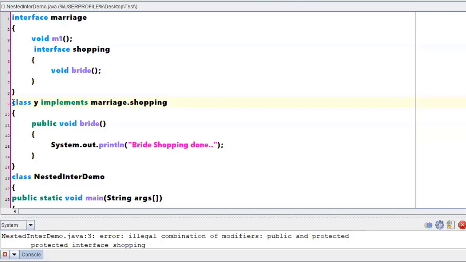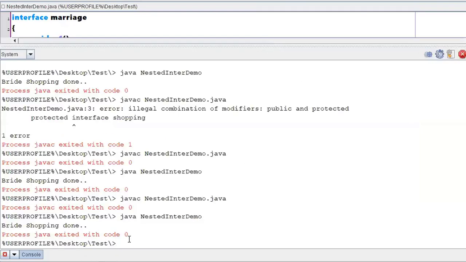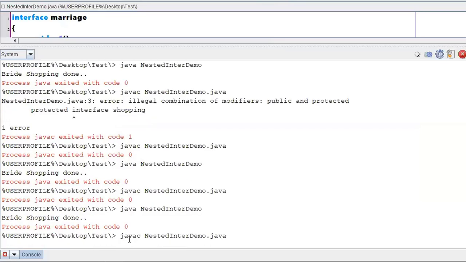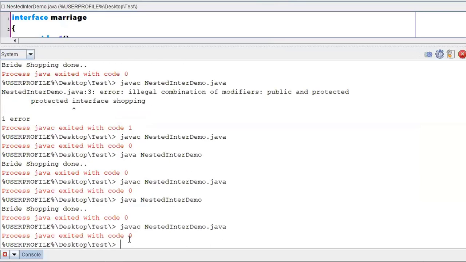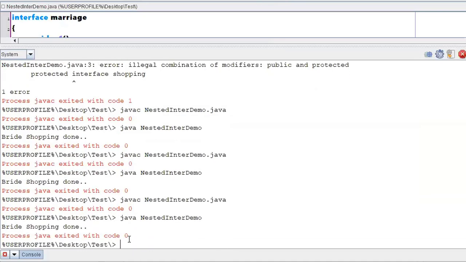Okay, let me make things simple. If I compile this particular program, will it show any error or not? Conclusions later. If it is throwing an error, then we can come to some conclusions. If it is not throwing an error, we can come to some other conclusions. No, it won't. So let us just cross check. No compile time error. Okay, what about runtime? No runtime error also. Wow.